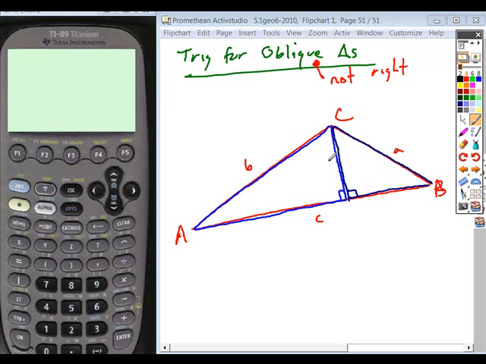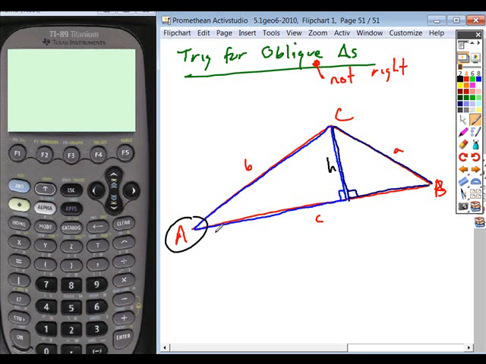But when I break this down, let's call that altitude h for the height of the triangle. Instead of having to break it down every time and then relate all these different pieces, there's a specific formula we can derive by doing it just this one time. So let's derive this, and then I'll show you how it applies. Okay, so if we look at the triangle on the left,